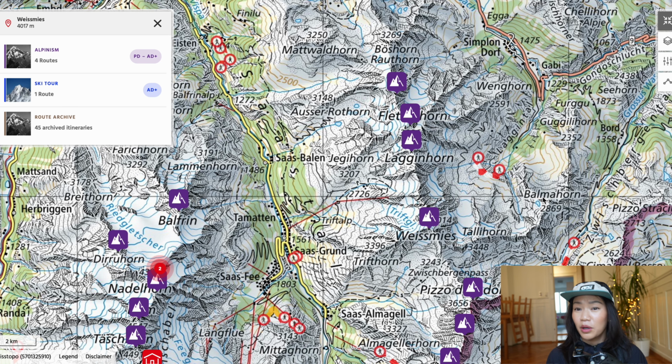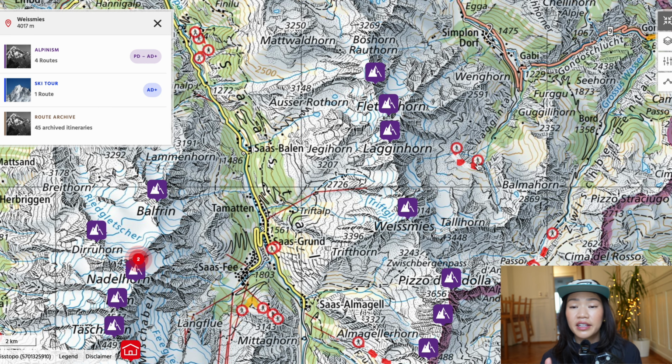So let's go back into the ETC route portal and take a look at what mountain we can do. Now that we know our grades, let's give an example. I want to do something relatively easy, not too difficult, so I'm going to look around the PD or WS range. Let's choose this area here. We have the Saas-Grund, Saas-Fee area. The way I do it is I look at the ETC desktop and pick and click on